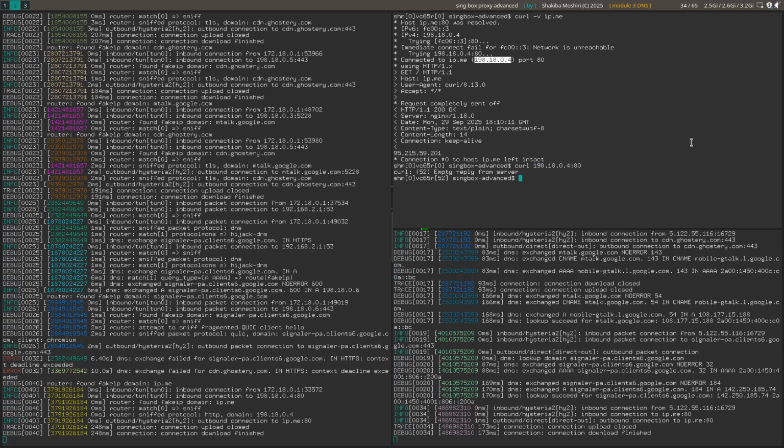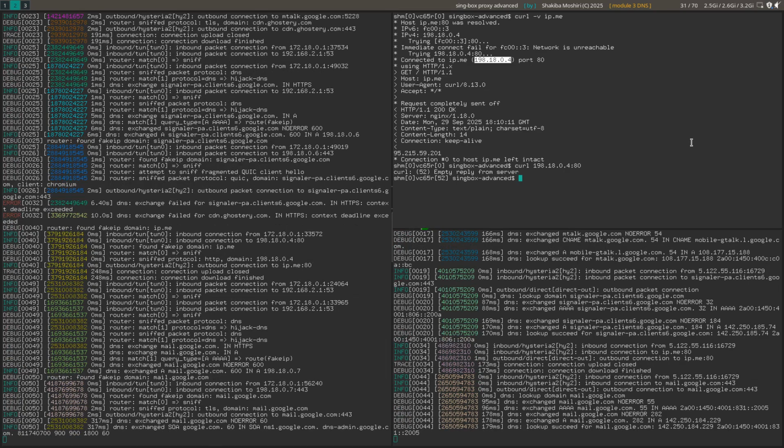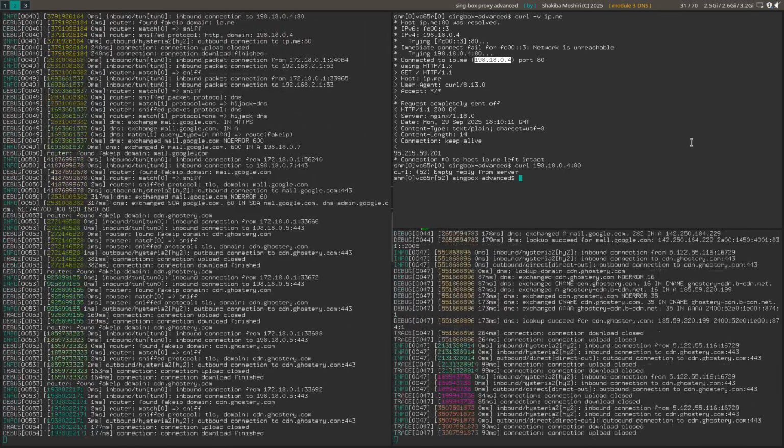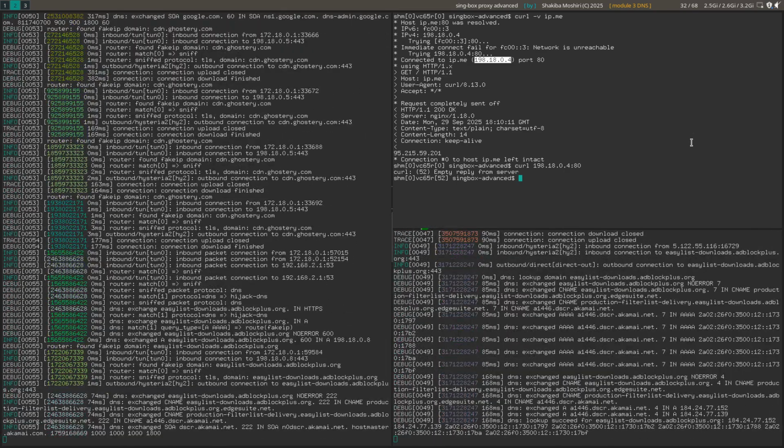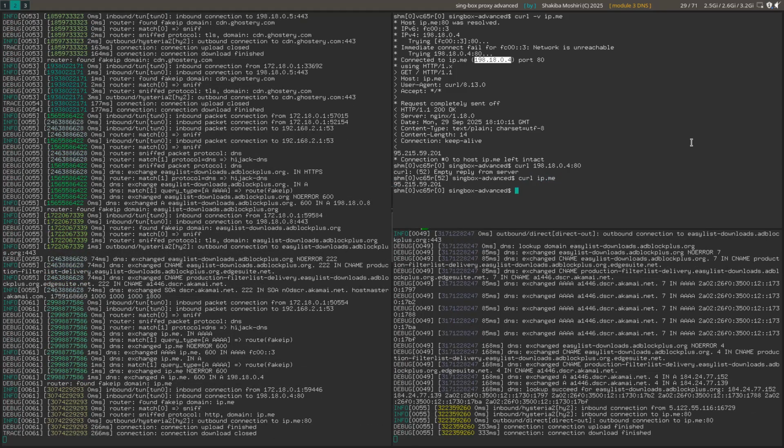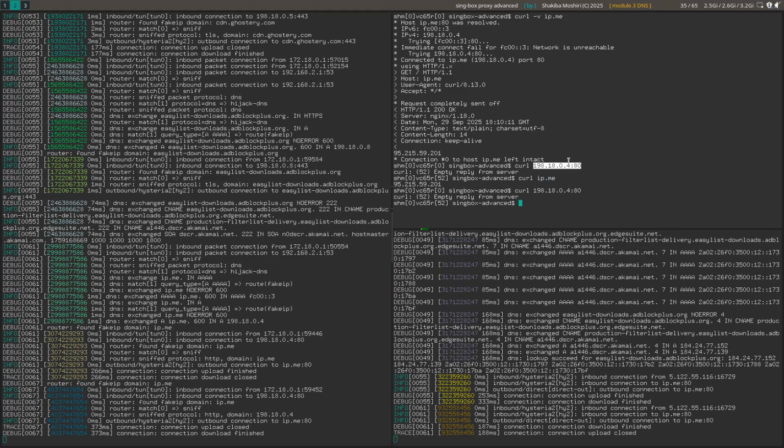But if we curl this IP directly, port 80, it doesn't do anything, because the sandbox internally maps the IP to the host name, or the domain name, to the virtual IP, or the fake IP. So internally it knows which domain has been mapped to which IPs or fake IPs. So if we use the sandbox itself, it works correctly. But if we do not use that and directly try to connect to the IP, it doesn't work, which is